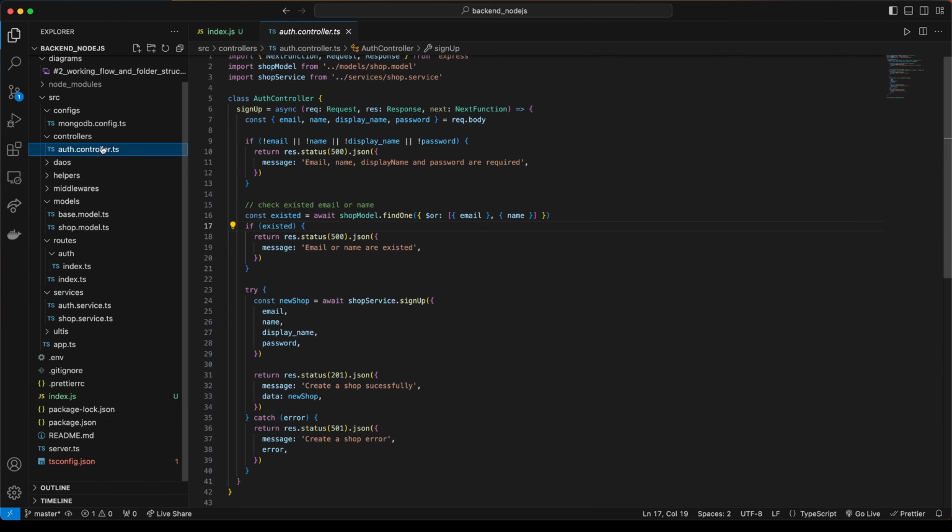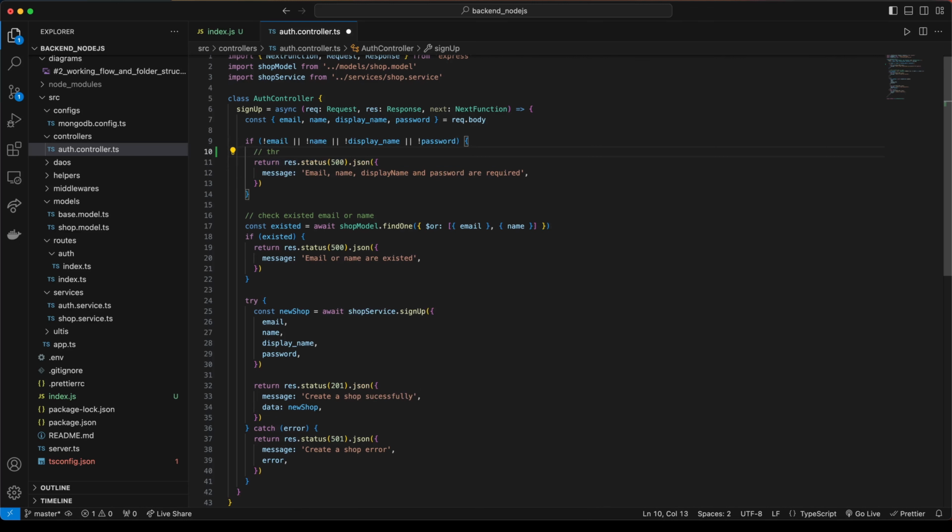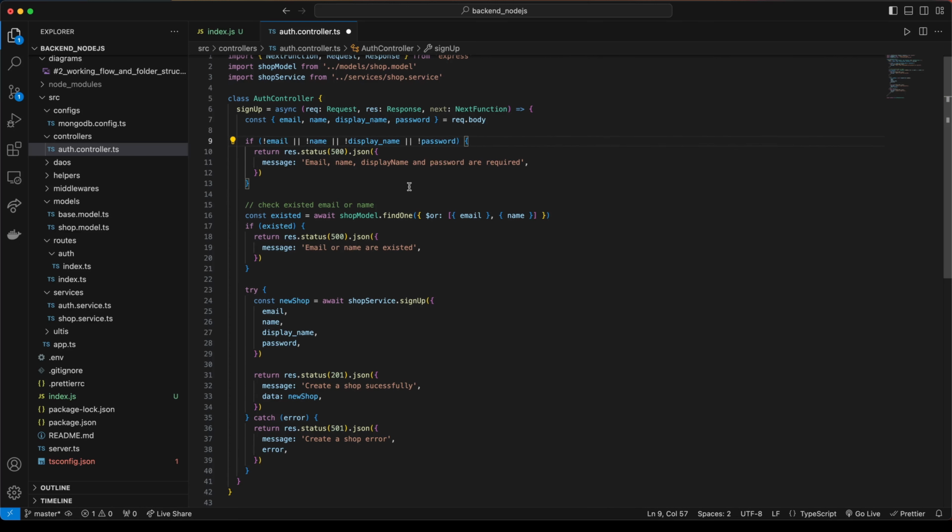First of all, come back to our controller and you can see here there is a lot of duplicate source code, and I don't want to do it like this. I just want to throw an error here like this, and I will make some middleware and helpers to help me catch this error and return it to the client. Okay, so now to do that we need to go to